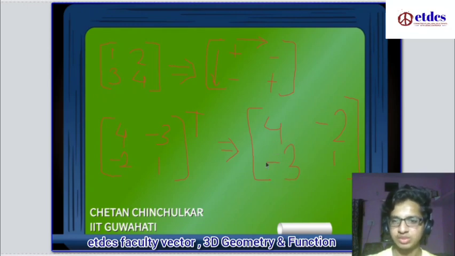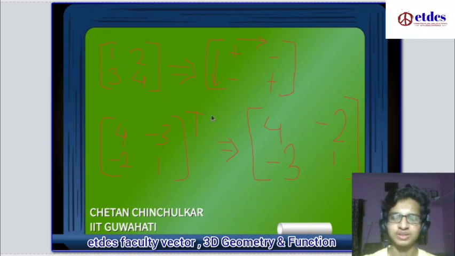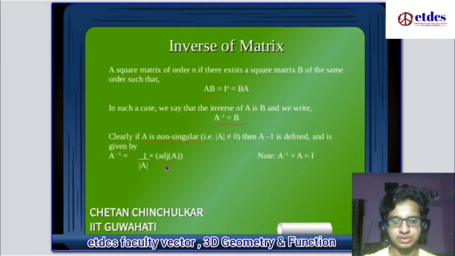So we can just keep in mind that if we face any 2 cross 2 matrix, we can directly find its adjoint in this way instead of going the long way. But for a 3 cross 3 matrix we have to do this type of calculation, but it will be quick. Okay, so we have found what the adjoint of A means. So A inverse can be found by 1 upon determinant of A into adjoint of A.